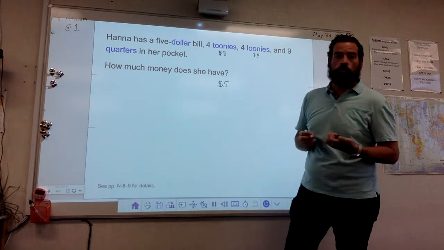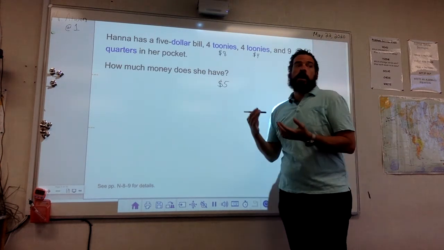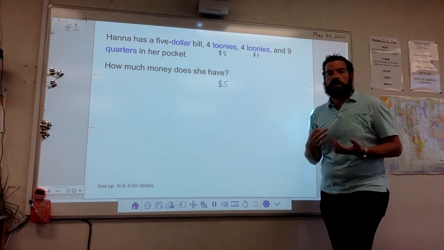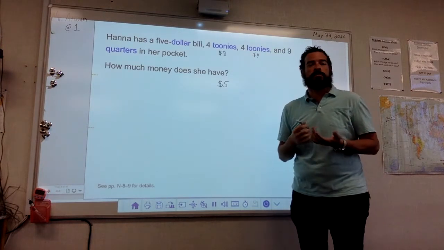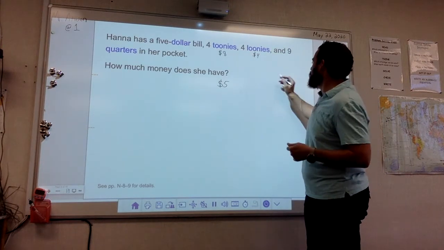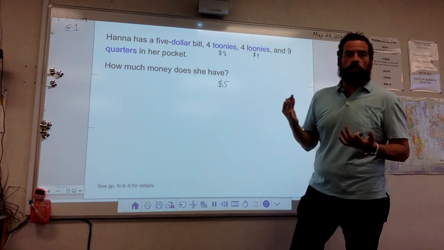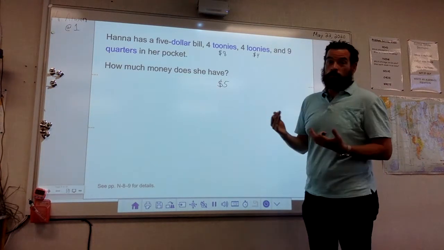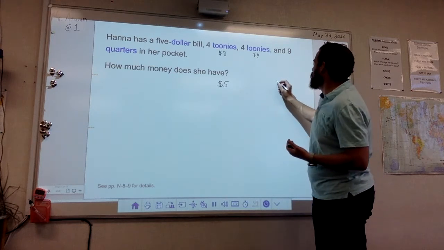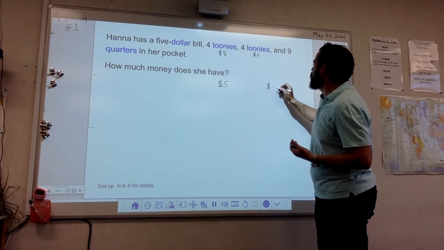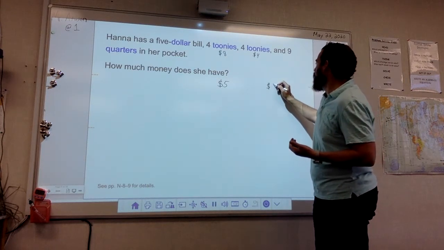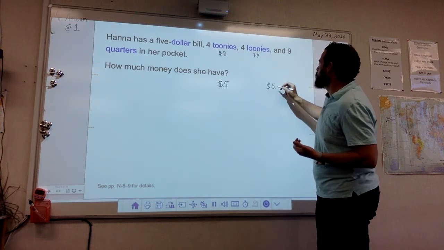And then 9 quarters in her pocket. Now this one, maybe you could do mentally. Maybe you need to do multiplication to do that. So we know a quarter is worth 25 cents. So I'll just show you how we can do that if you want to write it down and do 25 times 9. Good little review for multiplication. So we could do this one of 2 ways. We could do it in dollar notation or we could do it in cent notation. I'll do it in dollar. $0.25